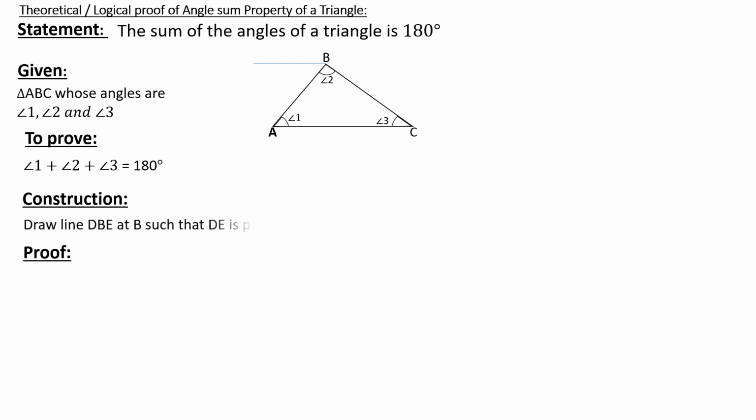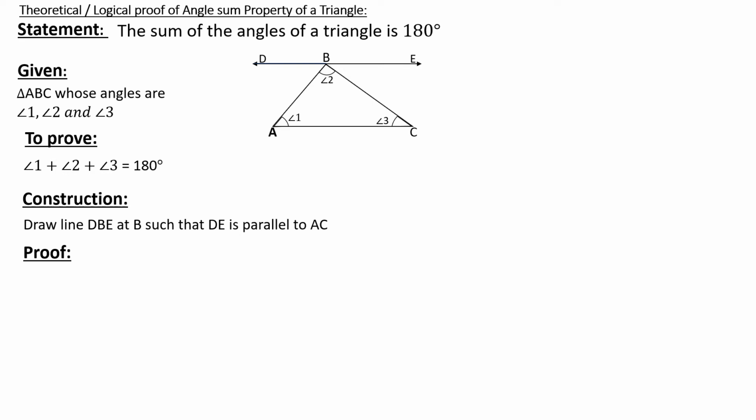So I am writing it down. Draw a line DBE such that the line DE is parallel to AC. DE is a name given by me; you can take ST or something. D and B is the vertex already there. It is passing through that vertex, so you cannot change that. DBE is a line passing through the vertex B of the triangle and parallel to the line AC. Okay. After making it, I can go to the proof.